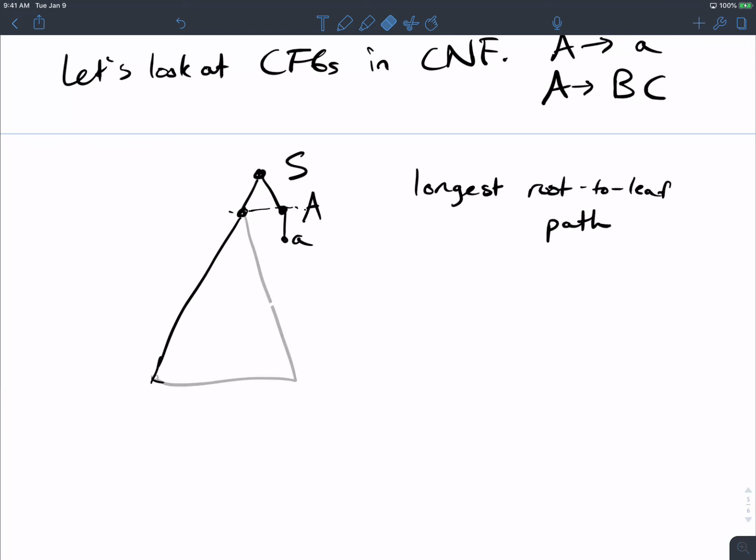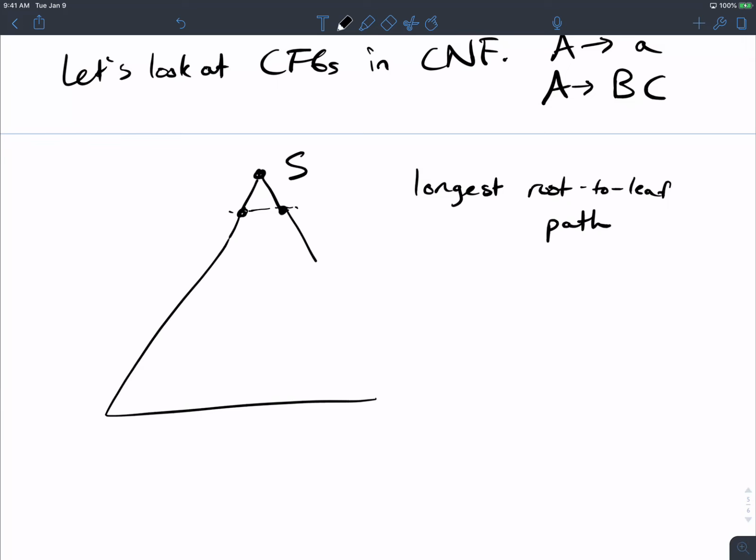So let's restore our artist's conception here. What type of tree is this again? Binary. So let's just say that there are h variables in the grammar.